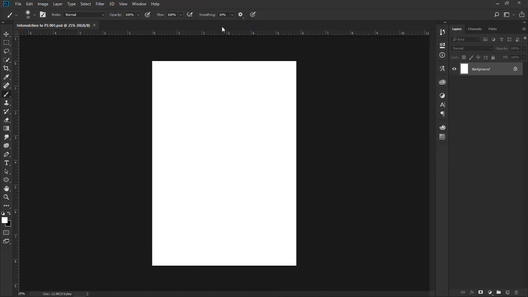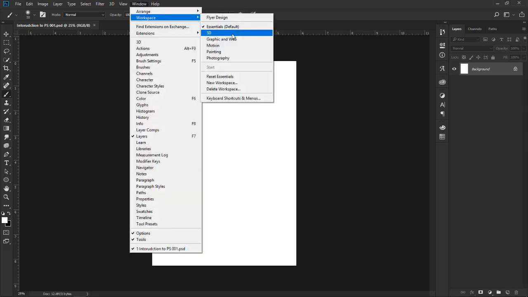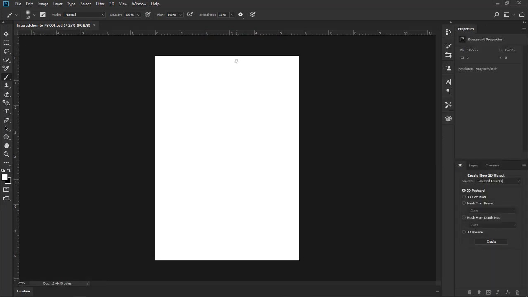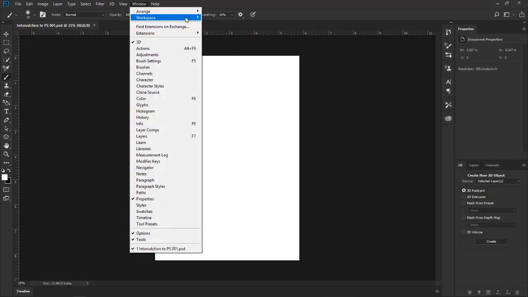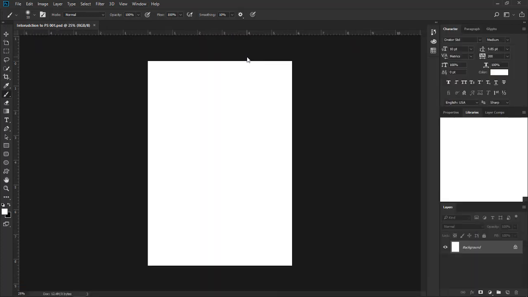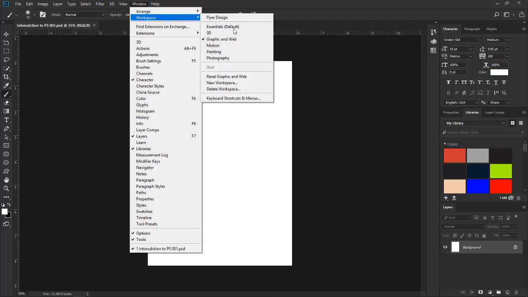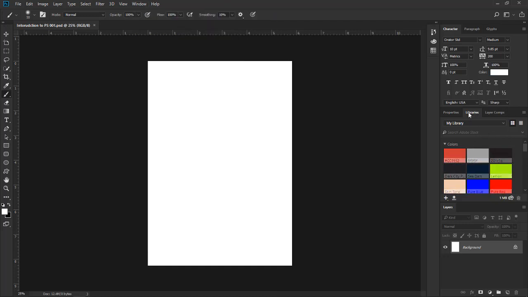So here we go. Well, for me, nothing much is happening. How about we go 3D? Okay, so now you see something's really happening. So basically, what workspaces are is that a particular workspace gives you the windows that it feels you will need mostly when working in that workspace. For example, now I have this workspace selected, Graphics and Web, and it's giving me this Library window, and